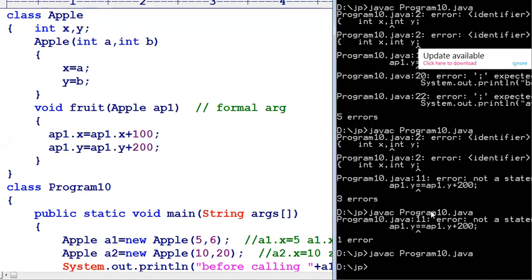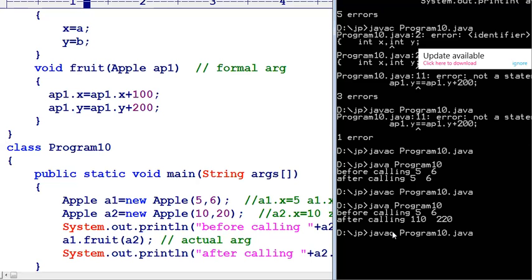Yeah, the program successfully compiled. To execute, I'm executing java followed by the class name. The program is compiled and executed.